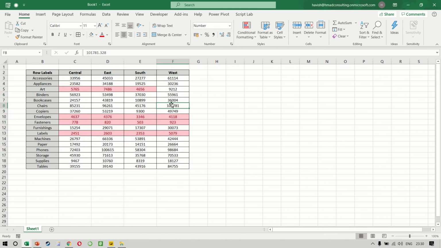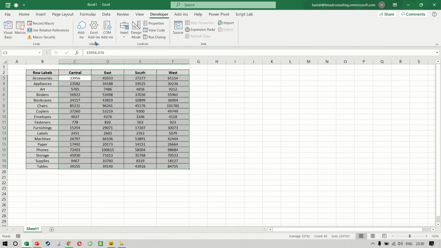So our objective is to enable the user to choose between the top or the bottom rank, and also enable the user to choose the number of values that they want to see. Excellent. Let's get going. So I want to record a couple of macros, and then we can do our tweaking and apply all the macros along with the user form.